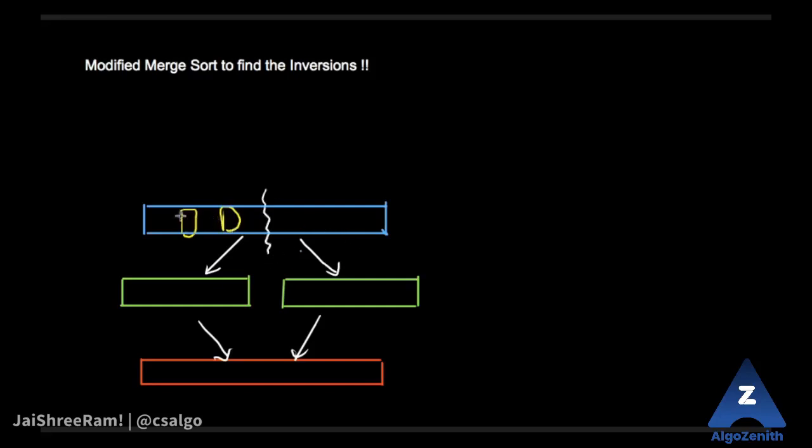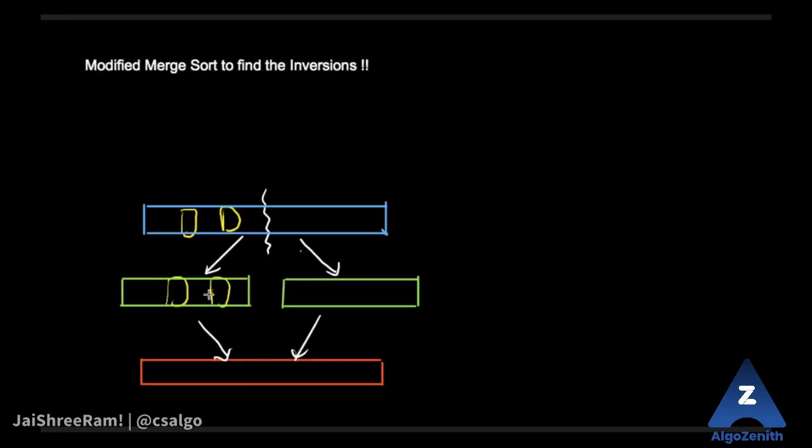If the two numbers are like this, these are the two inverted pairs: this is greater than this, even though the smaller index number should be the smaller one. That's the condition, right? So if this is greater than this, then this will also